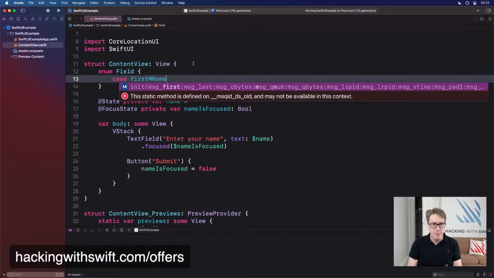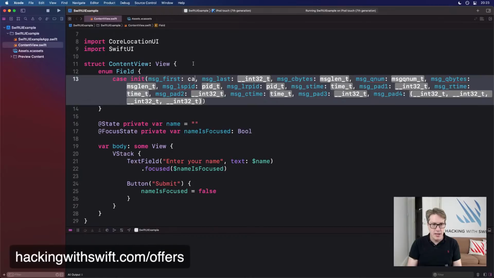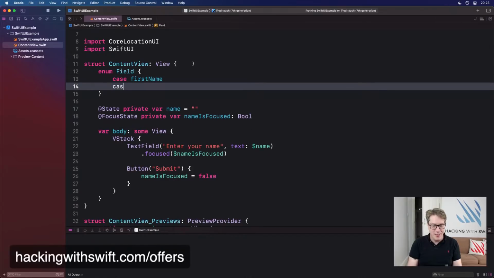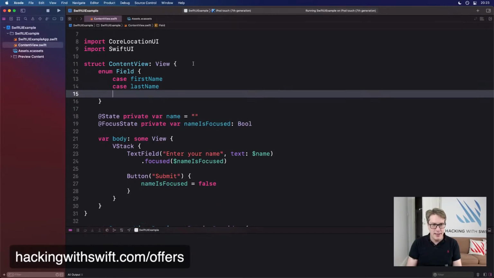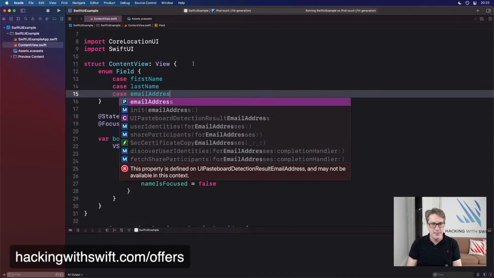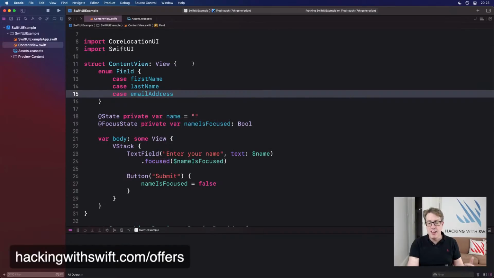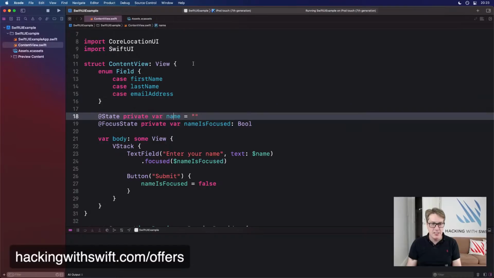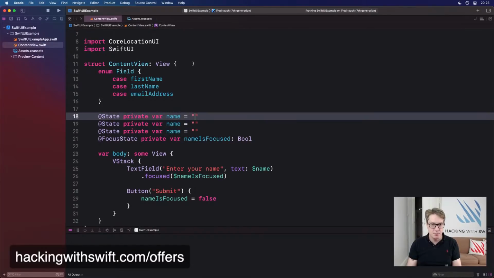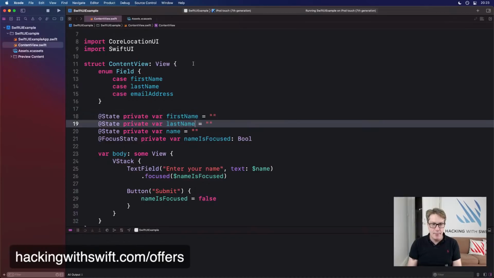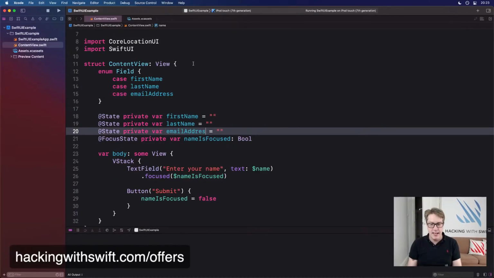I'll do first name, last name, and email address. Like that. So the three form fields we're going to have, let's just copy and paste this a few times. Let's say first name is an empty string, last name, empty string, and email address, empty string.